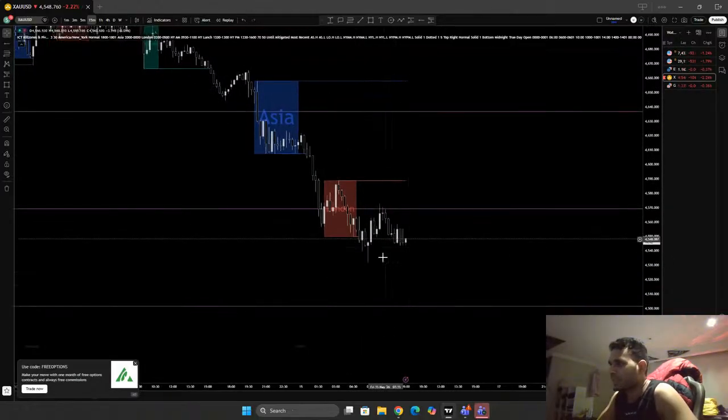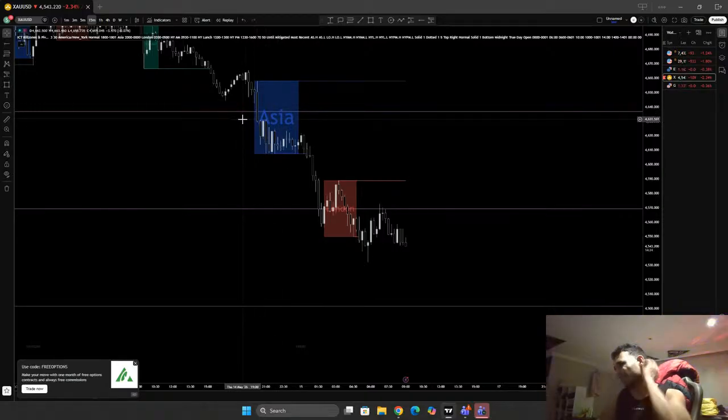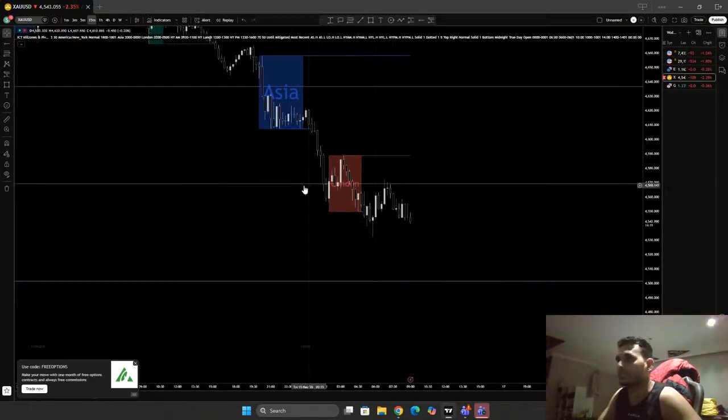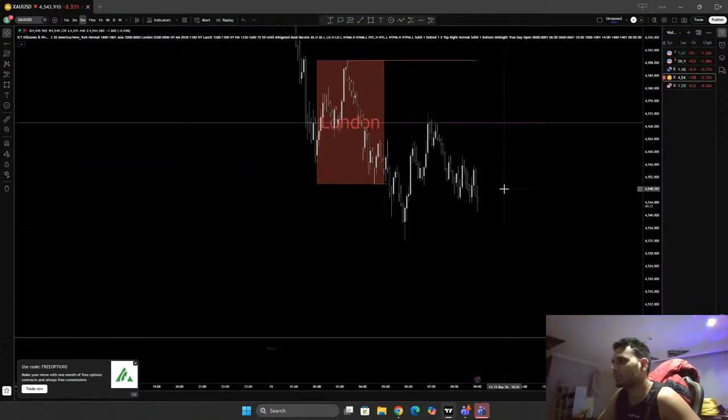So any sort of buy should target this liquidity, which is the London high, and we also align with this gap, which is not even getting tapped, and we also have this fair value gap, yeah, it's getting tapped, not getting perfectly filled, just getting tapped, and accumulation drops. So we don't know. Let me see. It seems like there is no reaction yet.